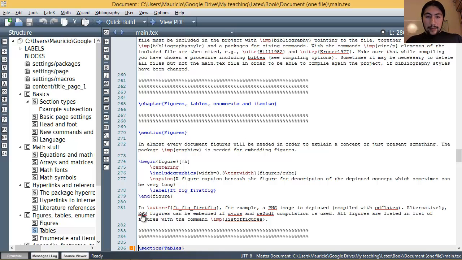Alternatively, EPS figures can be embedded if LaTeX, DVI to PS for going to PostScript, and PS to PDF in order to convert a PostScript file to a PDF compilation is used. All figures are listed in the list of figures with the command list of figures. Let me first explain the first sentences. PNGs are fine